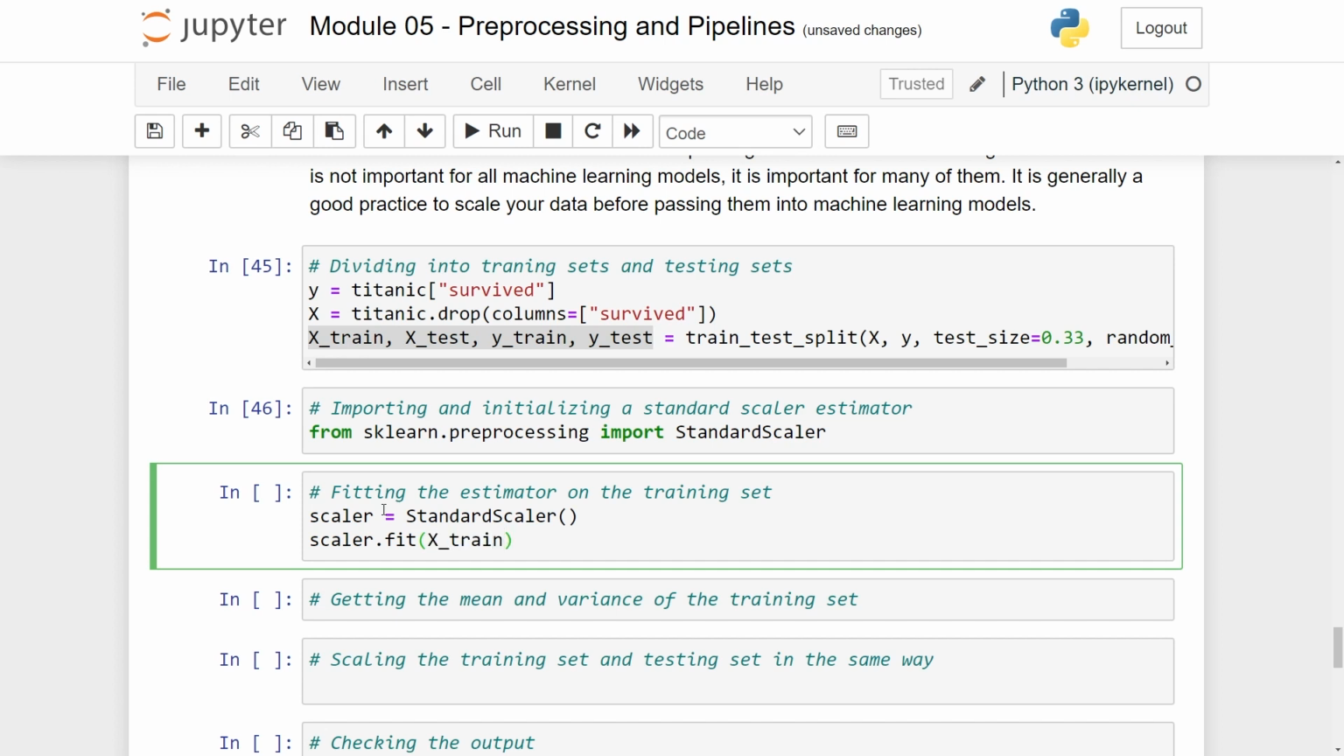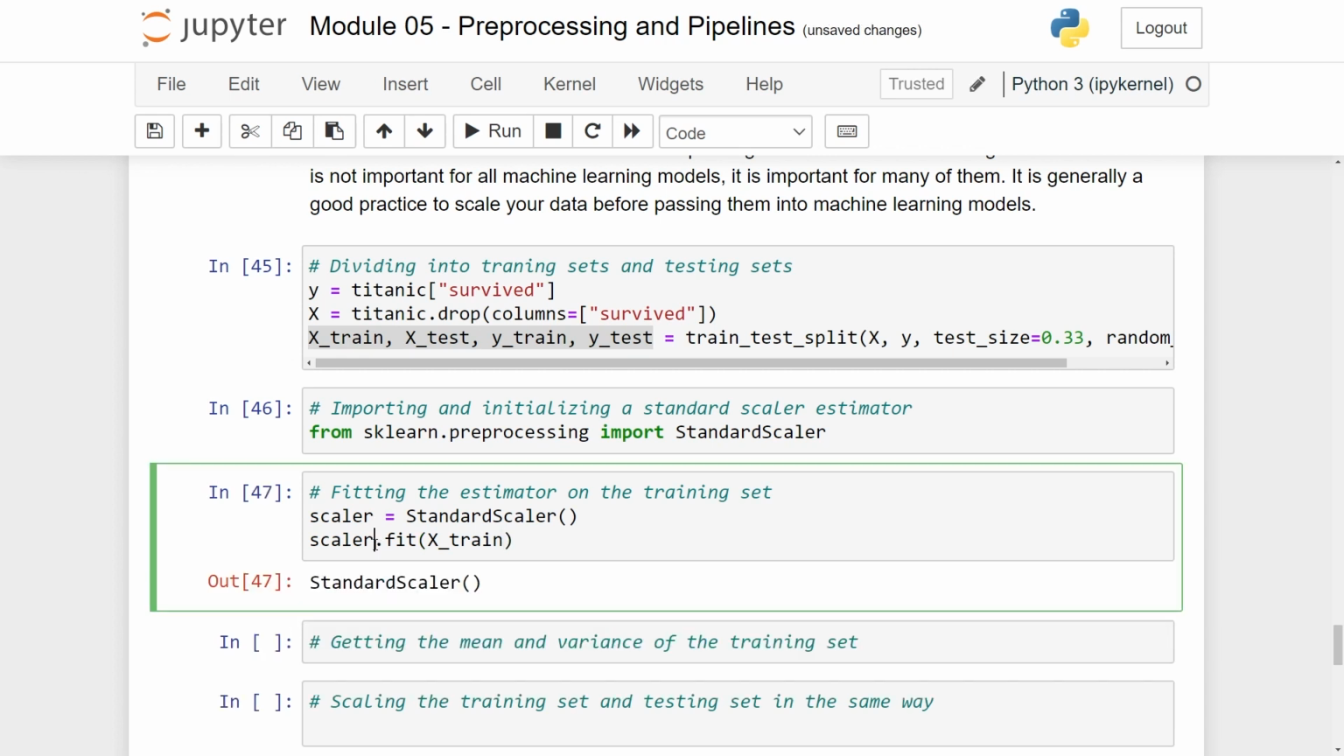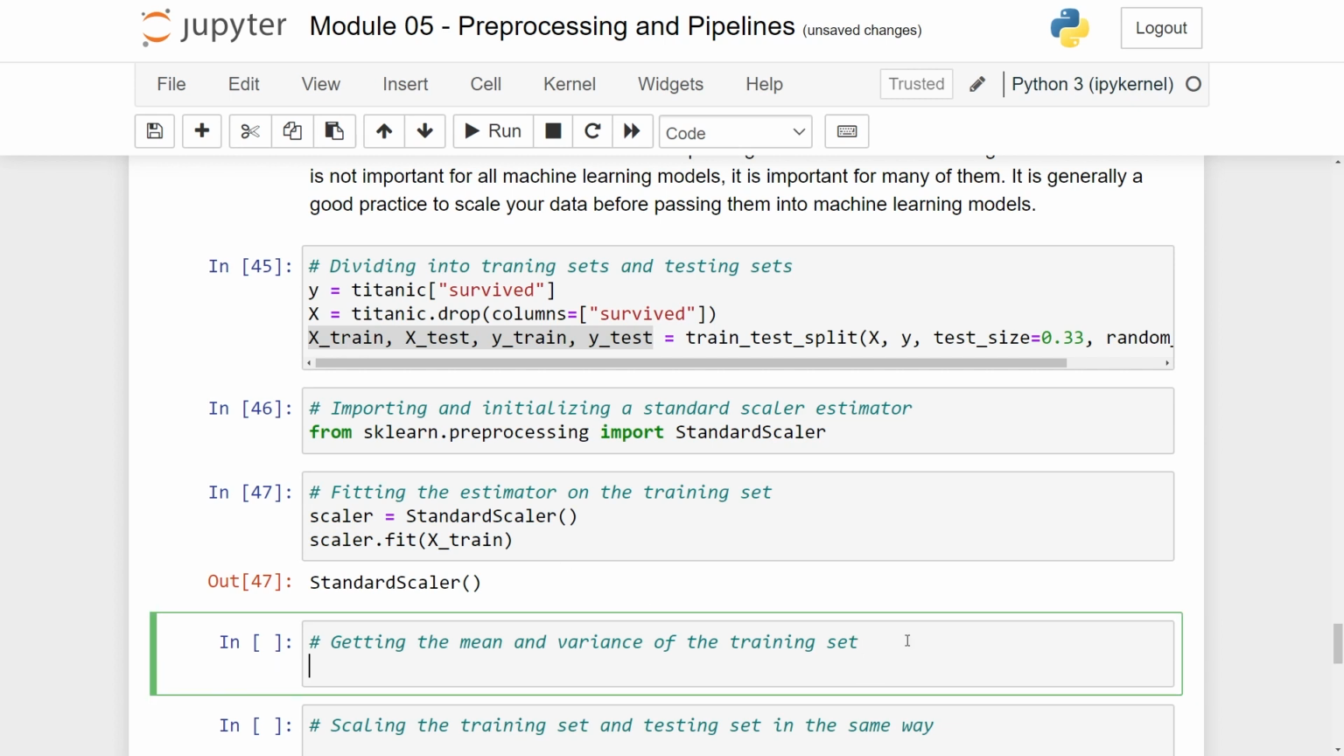As I said, if we also use the test set, then the test set is going to influence our machine learning model, and we don't want that. So let's run this cell, and now our scaler has been trained. And to see that it actually has been trained, we can write